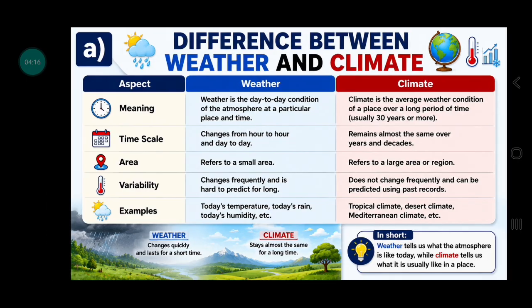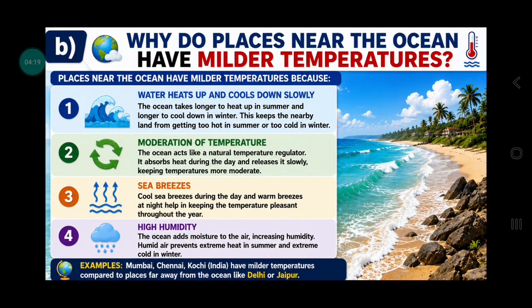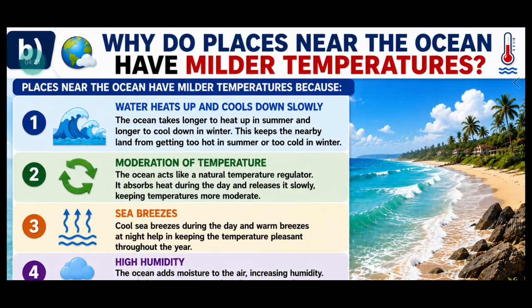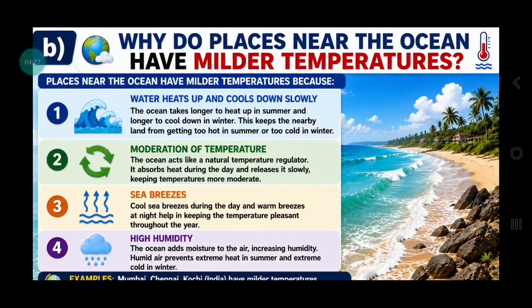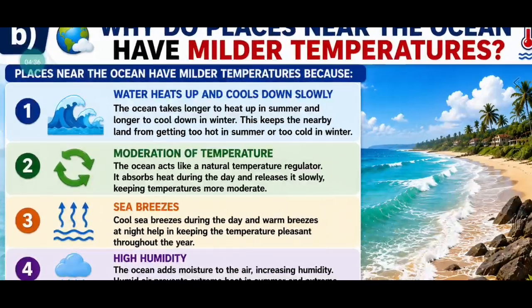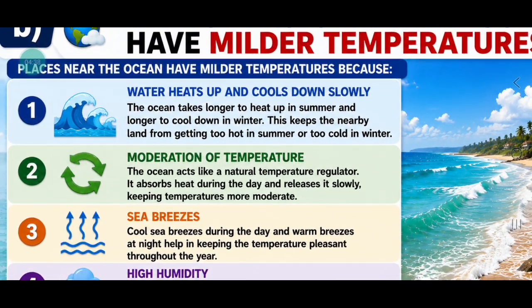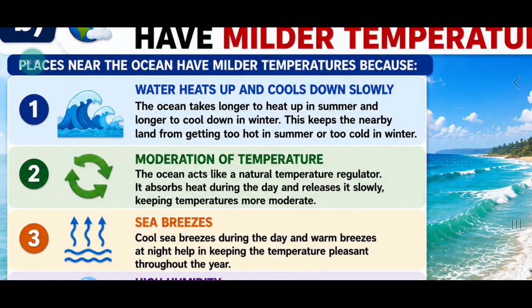Now let's go to the next question. So the next question is B. Why do places near the ocean have milder temperatures? Those places which are near the ocean have milder temperatures, meaning their temperature conditions are not so hot and not so cold. So why is it so? Why is there a moderating impact? So the first point is